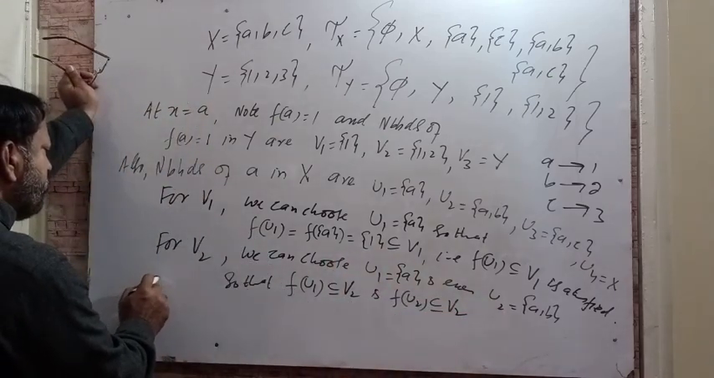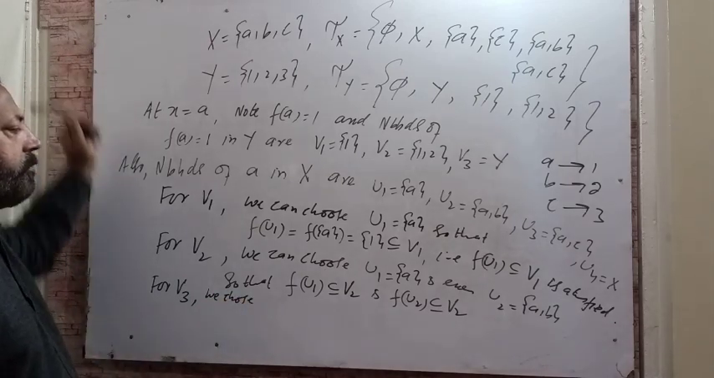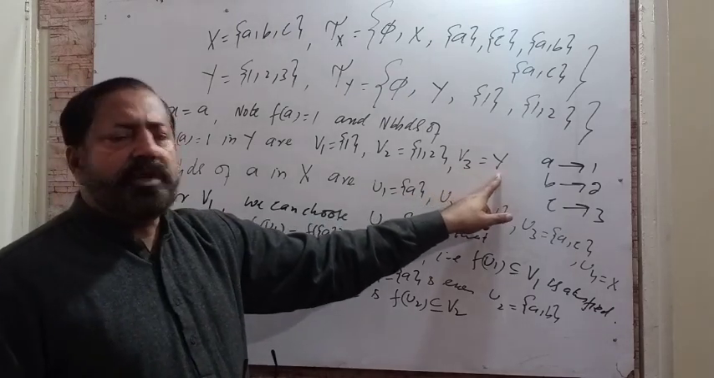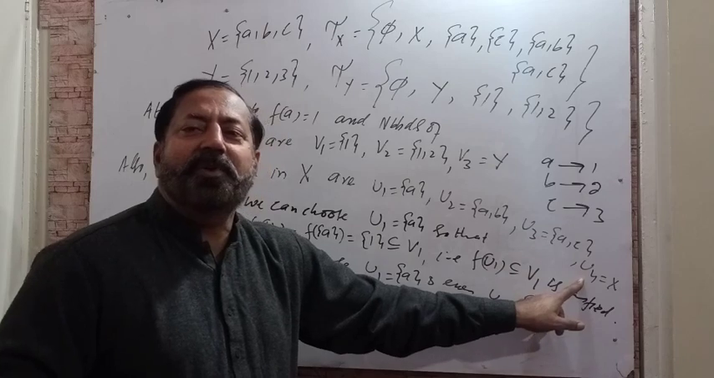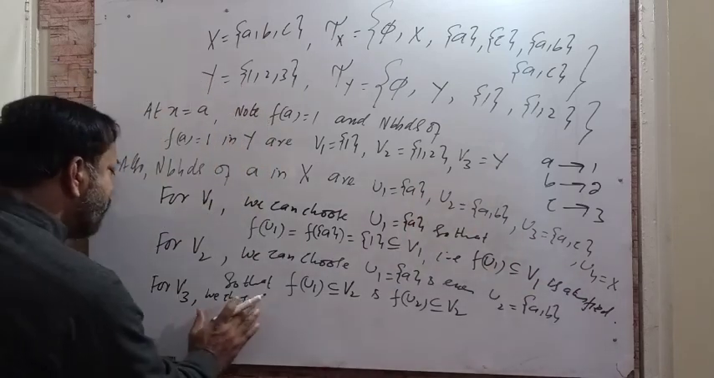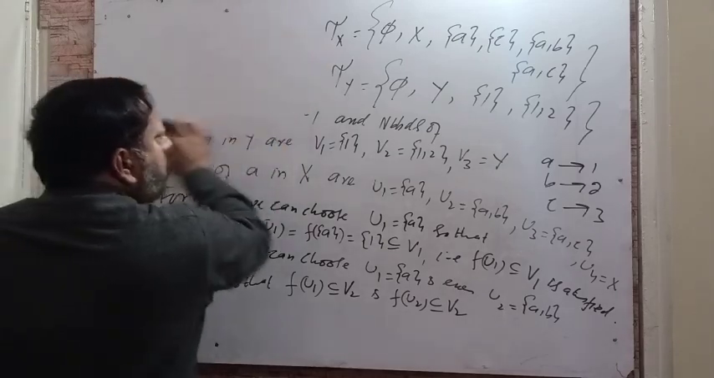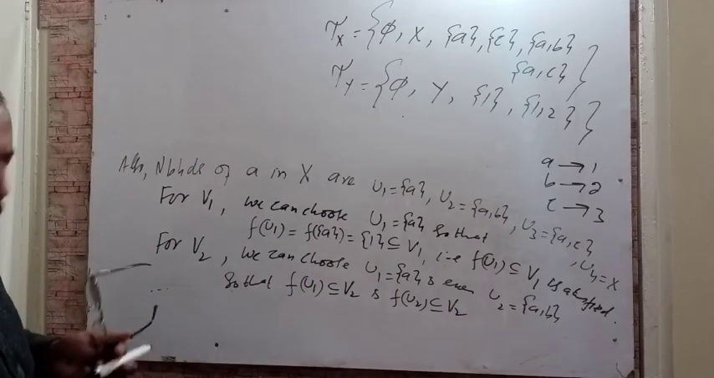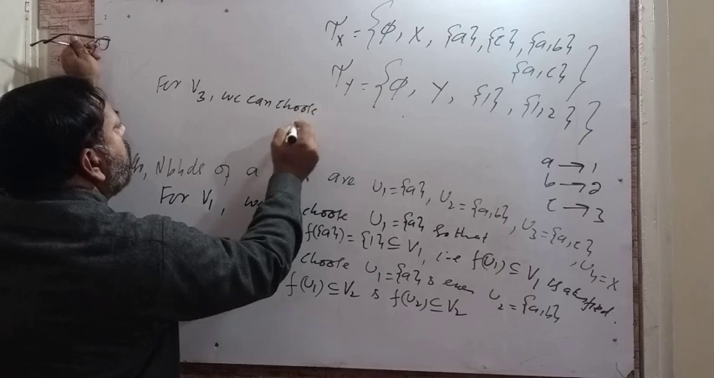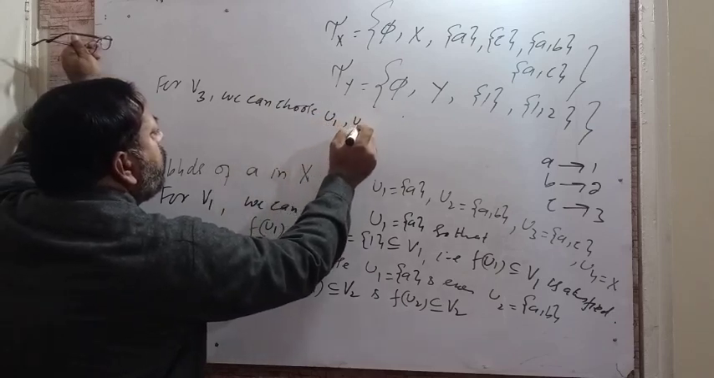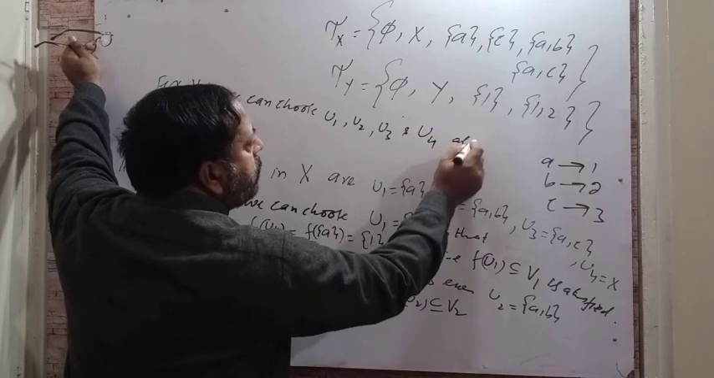Similarly, for V3, okay, what is V3? V3 is Y. Y is {1, 2, 3}. So that's why you can choose U1, you can choose U2, you can choose U3, you can choose U4. All can be chosen, right? So I'm saying for V3 we can choose U1, U2, U3 and U4 also, so that